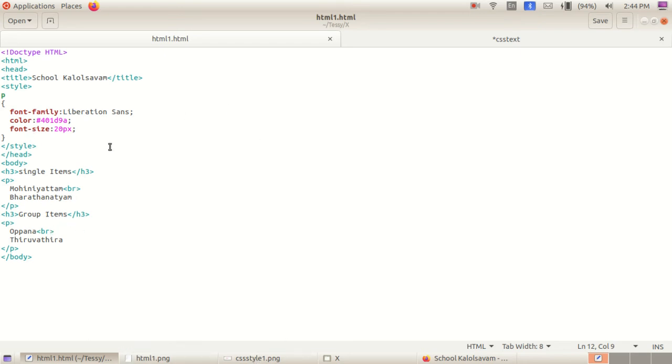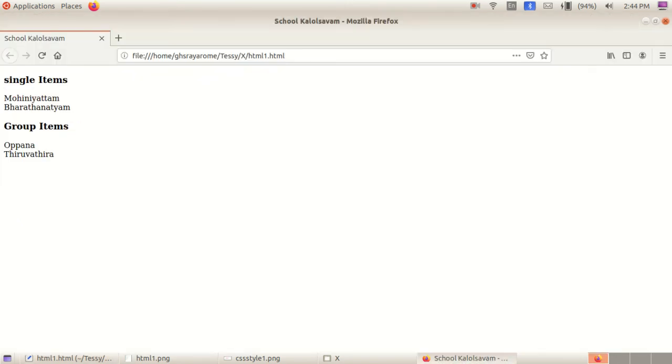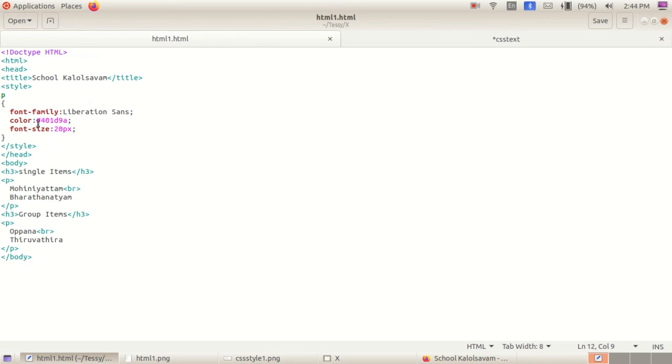Okay. After saving that, we can take Kalotsavam and refresh. Do you see now that Mohiniyattam is changed to blue color? That is the color we gave here. Why we gave that P?